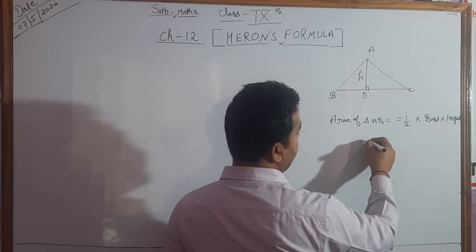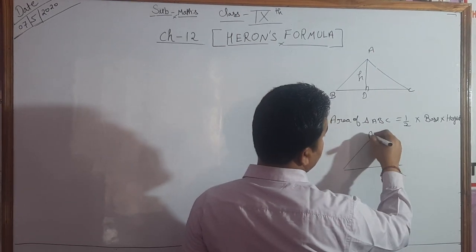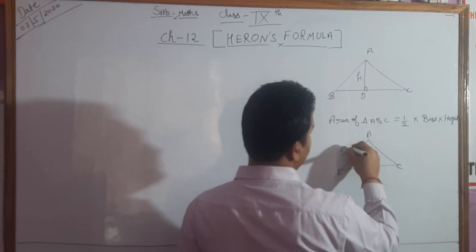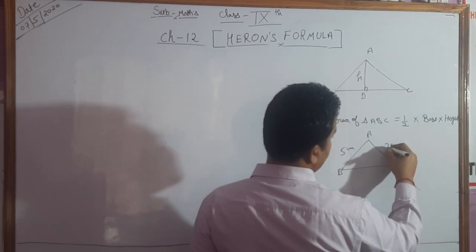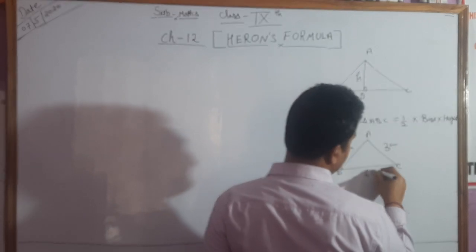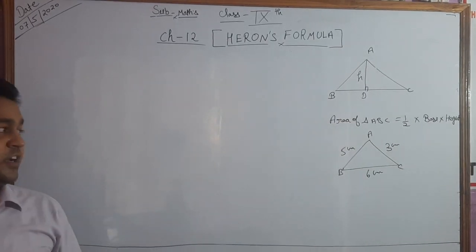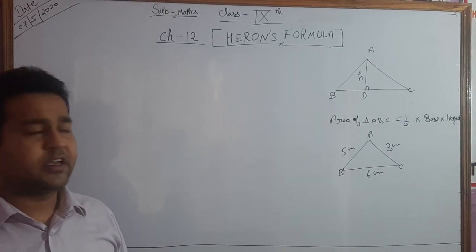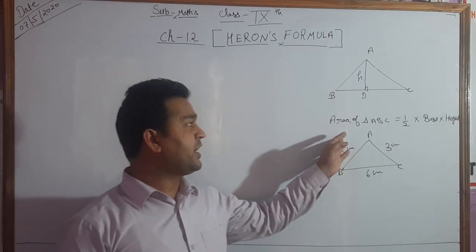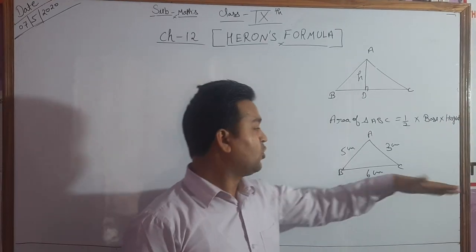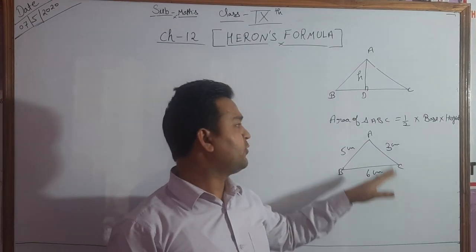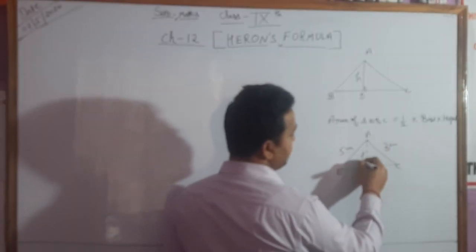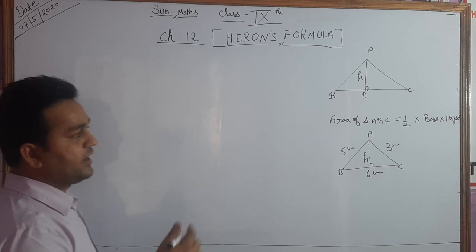Suppose you have one more triangle. It is known as ABC. And it is given like 5 centimeter, 3 centimeter, 6 centimeter, and they ask that you have to find the area of this triangle ABC. In this condition, how can you find the area? Because area of a triangle, you know, is half into base into height. You have base BC equal to 6 centimeter. We did not have the height now. First you have to find the height, then apply the formula, then you find the area.